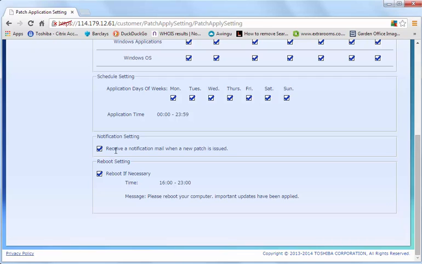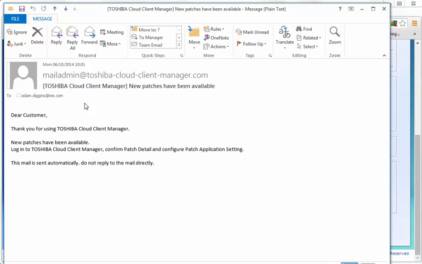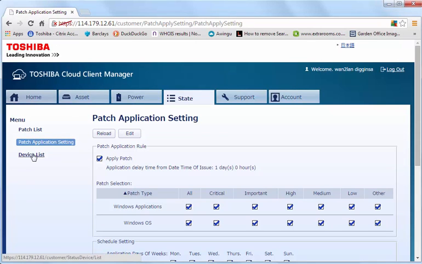So if I go to my email, you can see here, this is a typical email that's come in telling me that there's new patches available. So I can then go into the system and see what those patches are and decide what I want to do with those patches. If I then click on device list,